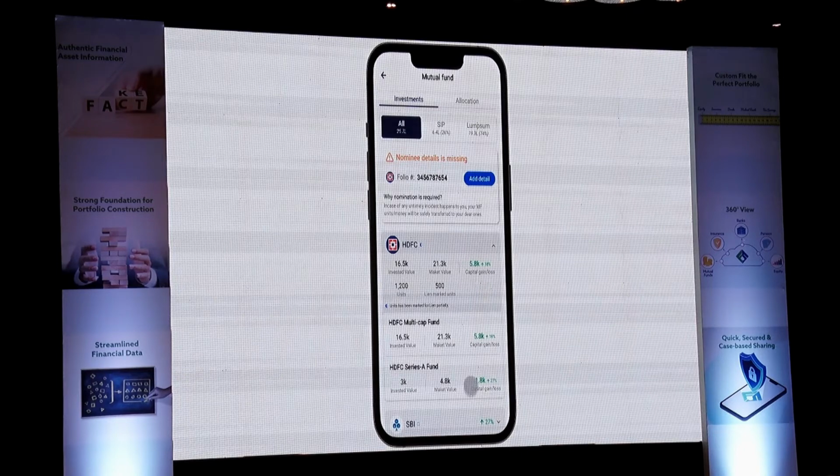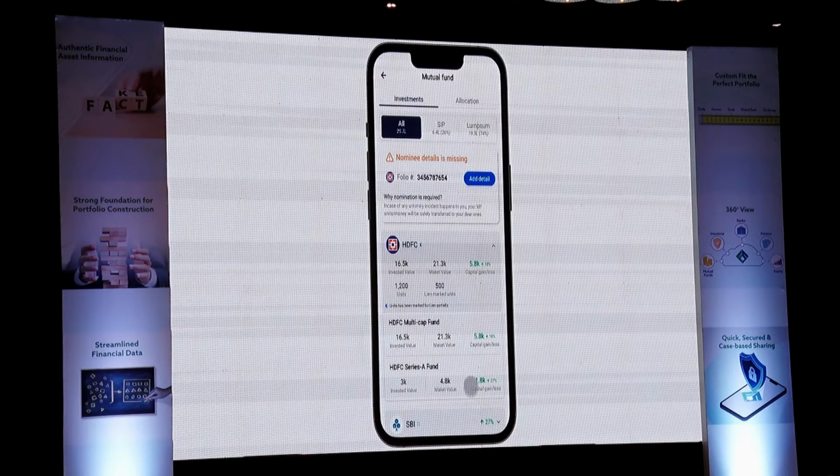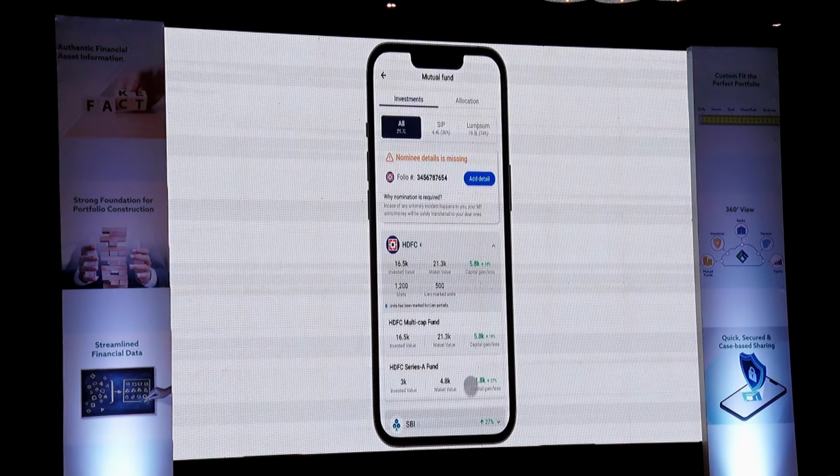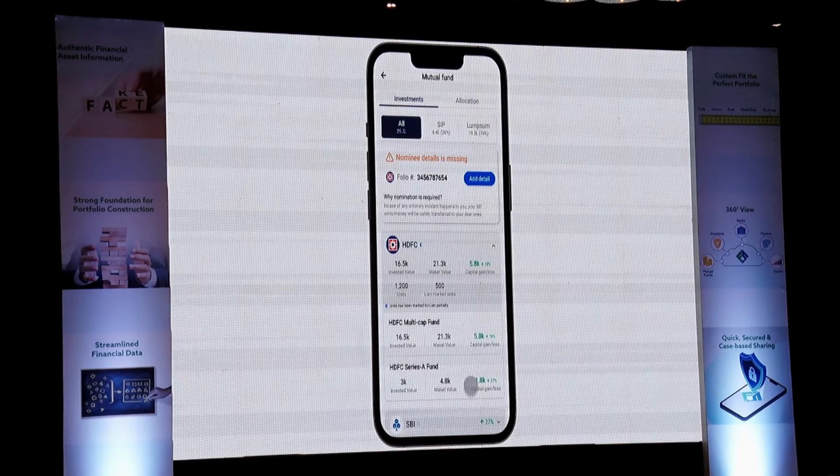Now, it will give information on what the total amount invested in HDFC mutual fund is, what asset growth has happened, how many units are marked under lien, how many units are free. All of that information is available for people to consume, and this is what you can give advice on.